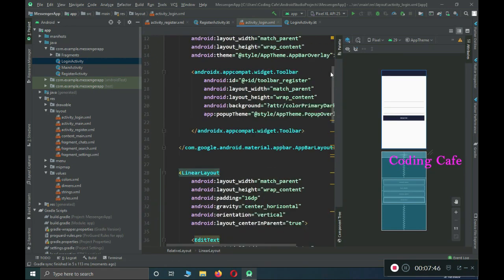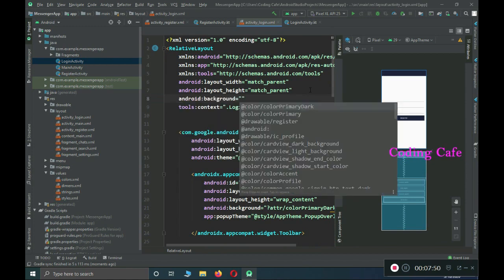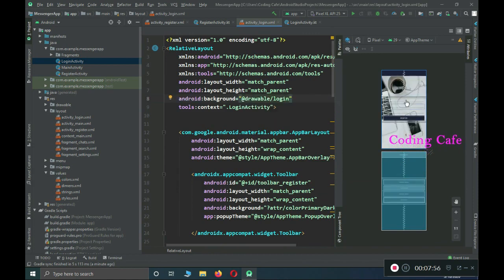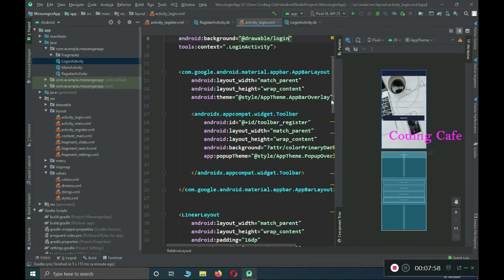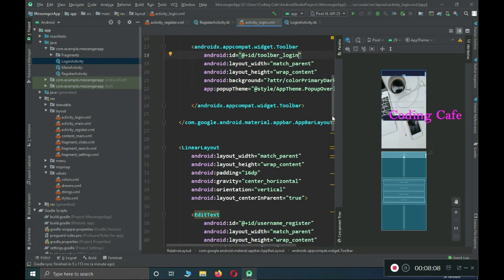Okay, and one thing is, first of all, add a background here, and the background is inside the drawable folder by the name login. We have an image which you can see here, this one. Now here we need to do some changes, and first of all, that is the toolbar. Make sure to change the ID of the toolbar to toolbar underscore login in order to keep this unique, otherwise